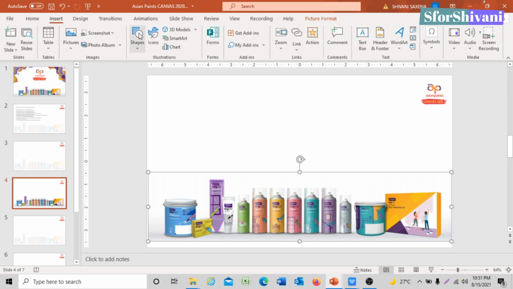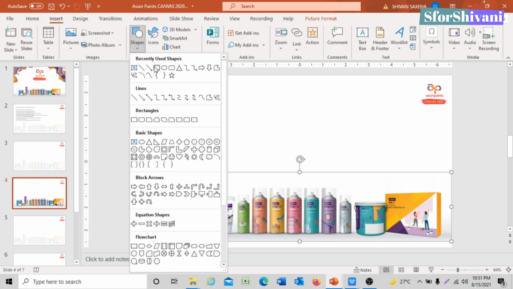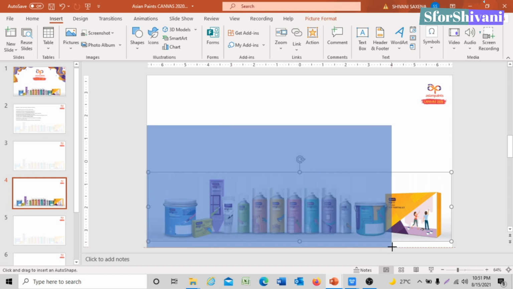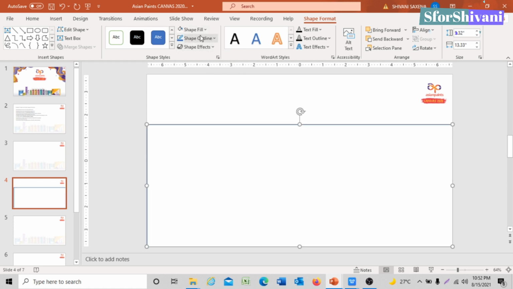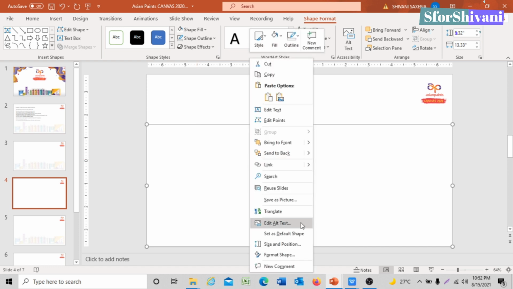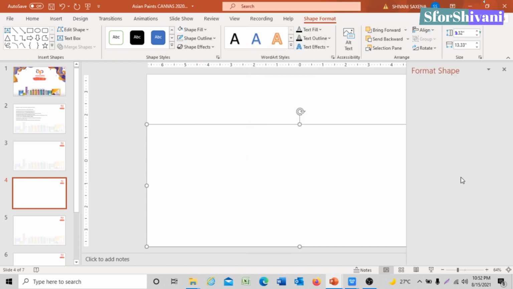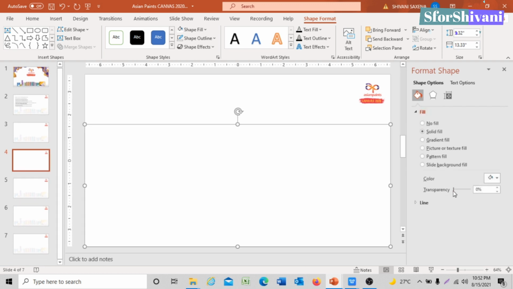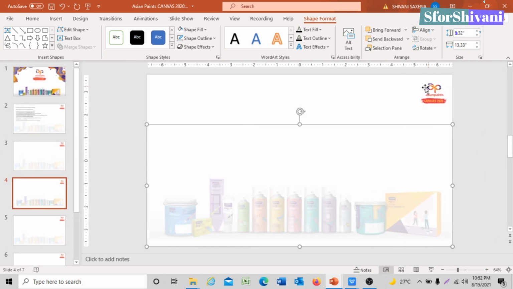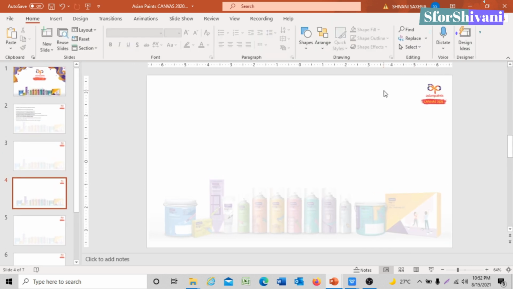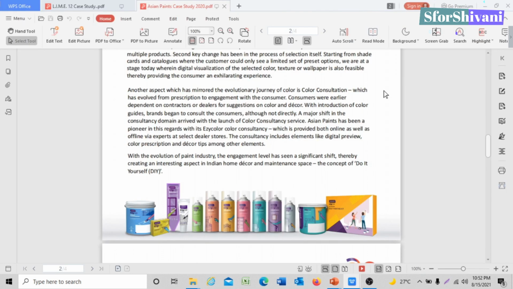And you can just start writing the content here. I'm going to go to insert and insert a rectangle, and I'm going to fill it with color white, and I will remove the border line so that it is white. And now I'm going to right click and I'm going to go to format shape and increase the transparency of this shape so that the image which is behind this rectangle starts to get visible. And here our slide is ready. Now what you can do is you can paste the exact same thing in Slide Master so that it repeats for all the slides.